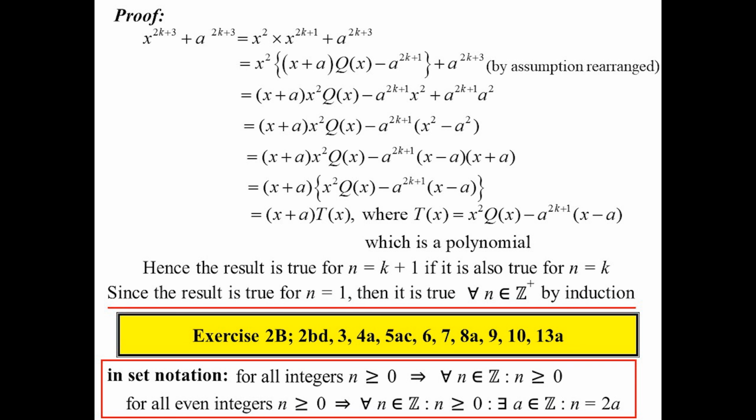This is where I would probably just use the words even integers. I probably wouldn't worry about set notation on this one. It's probably easier just to say, oh, well, prove true for even integers. Right? So,